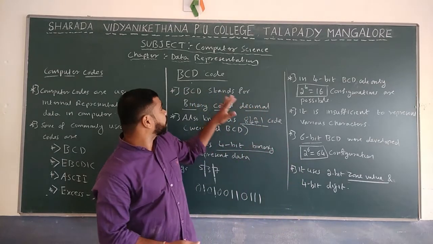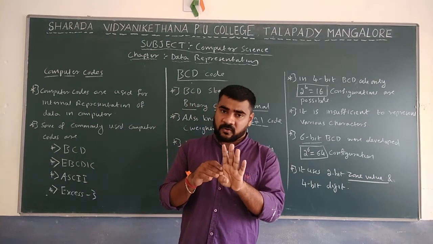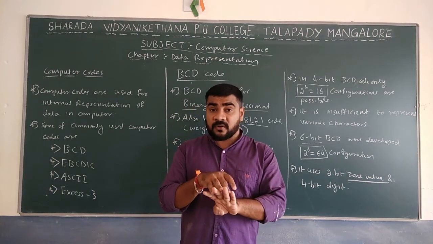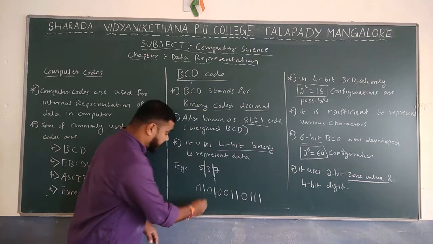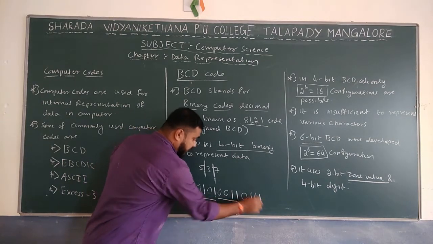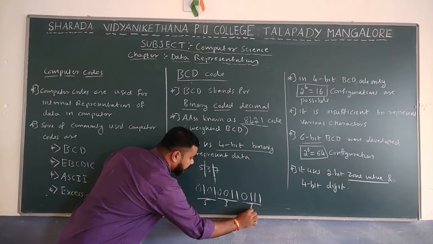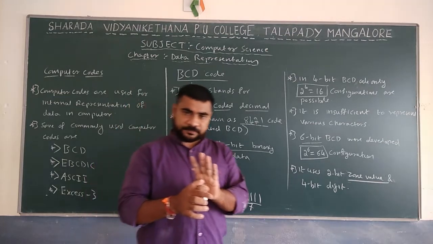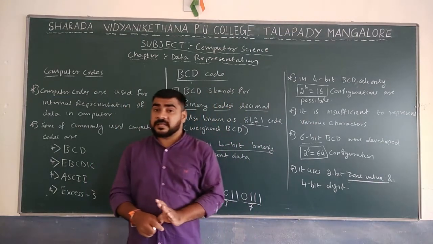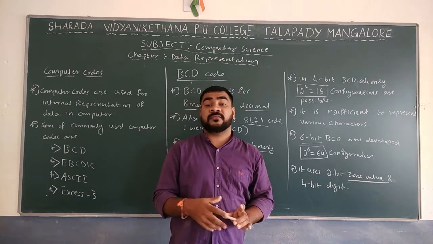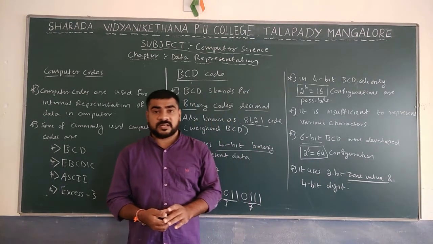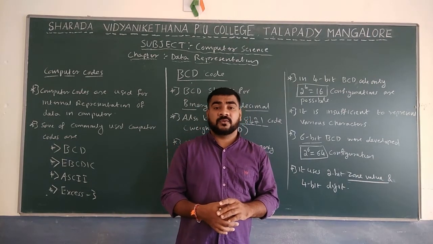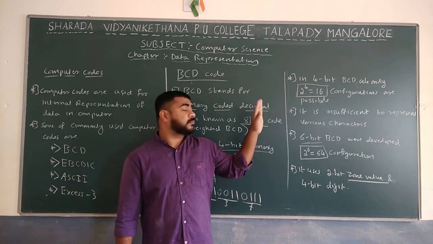What we discussed here is BCD code. BCD, binary coded decimal, is mainly a 4-bit code. In the 4-bit code, we write each number in 4 bits separately. For example, this is 5, 3 and this one is 7. Each digit should be converted separately into 4 bits. But 4 bits are not enough to represent various characters, because it contains only 2 raised to 4, so only 16 characters are possible.